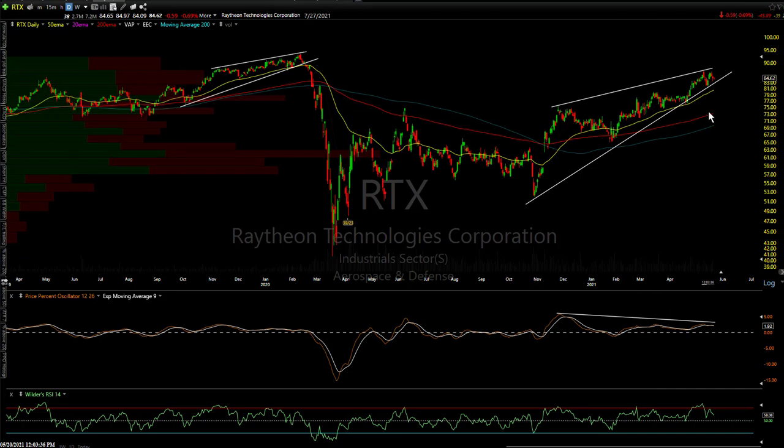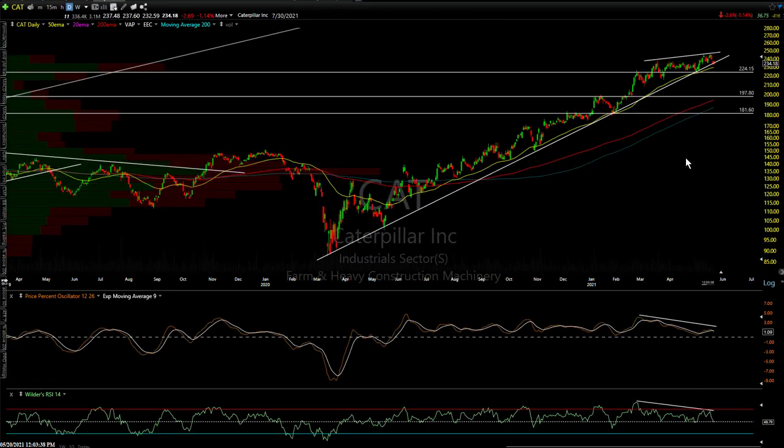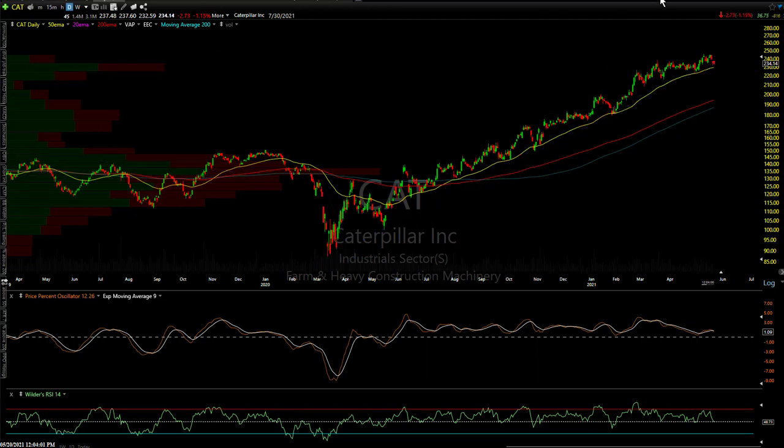Raytheon, wedge pattern, clean uptrend line, pretty clean. This one, what a beautiful chart. Caterpillar, CAT. Look at that trend line. Wow. Well-defined, numerous reactions along the way, not a single violation, negative divergence, and then BOD support at 224.15, you know, benefit of the doubt. It's been walking up. Look at that 50-day moving average. Wow, what a good job.